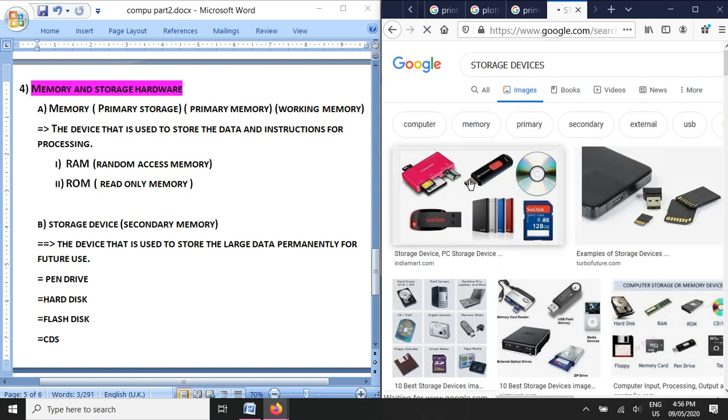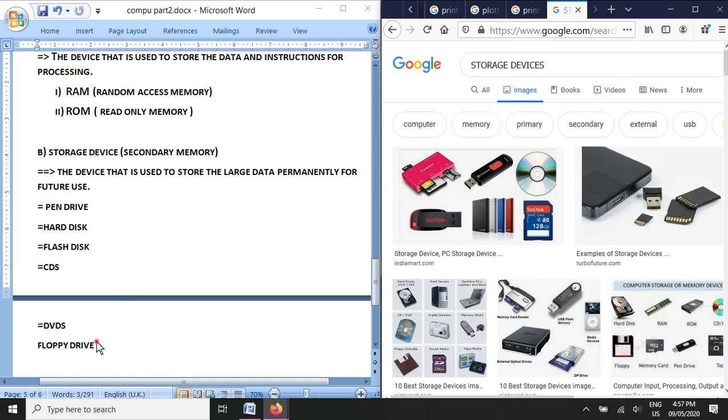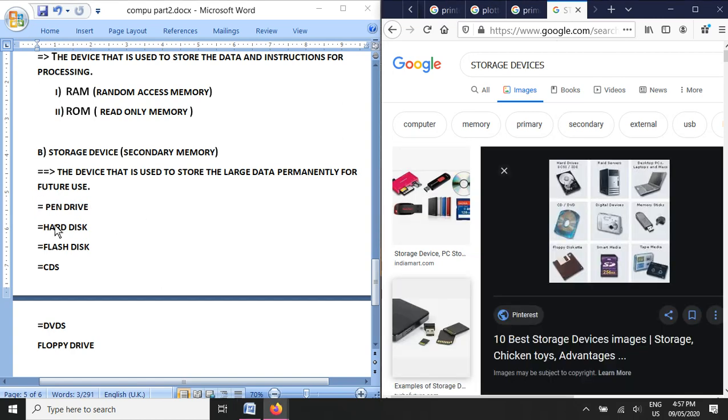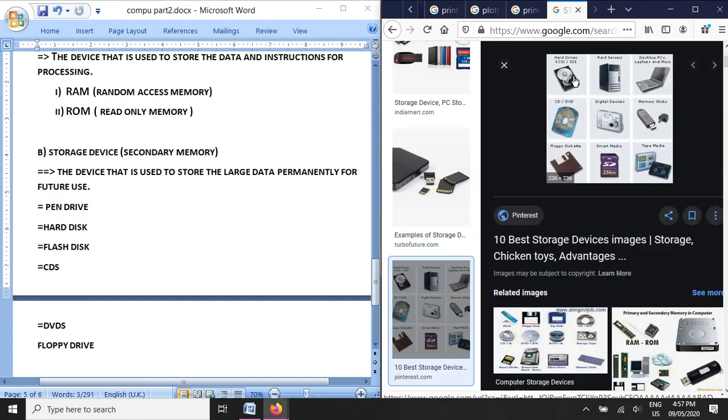This one is the pen drive, and we have hard disks, flash disks, CDs and DVDs, and floppy drives. The pen drive is a storage device you might have seen and used many times. And there are hard disks, this is the hard disk, and there are flash disks. Flash disks means memory cards like these.